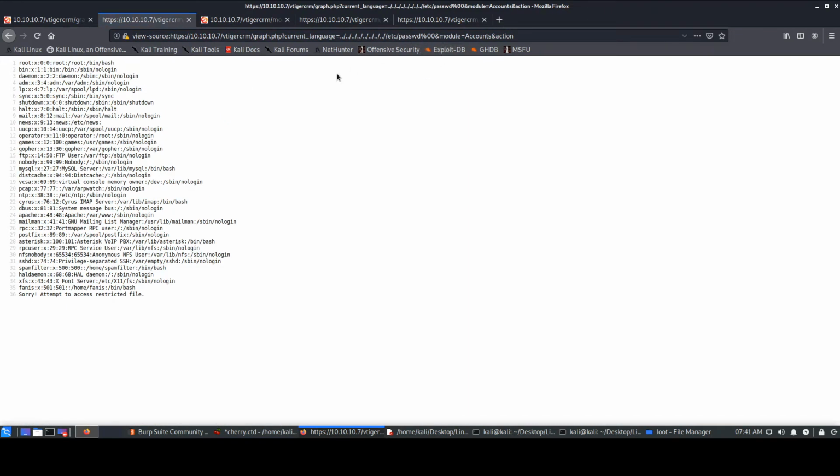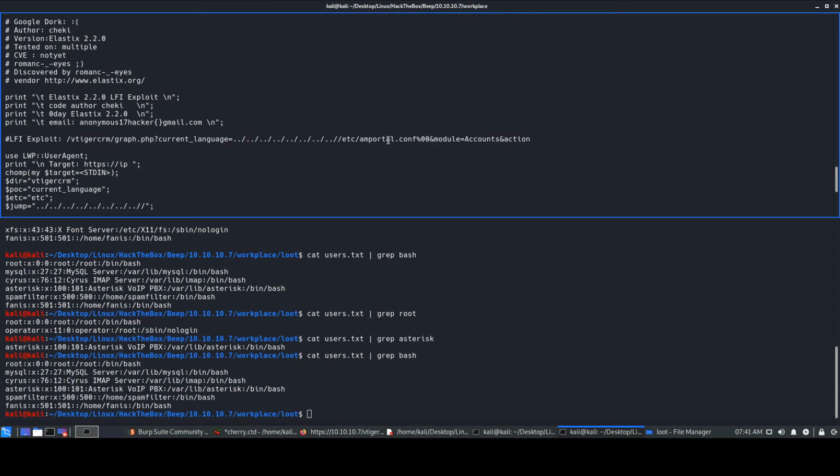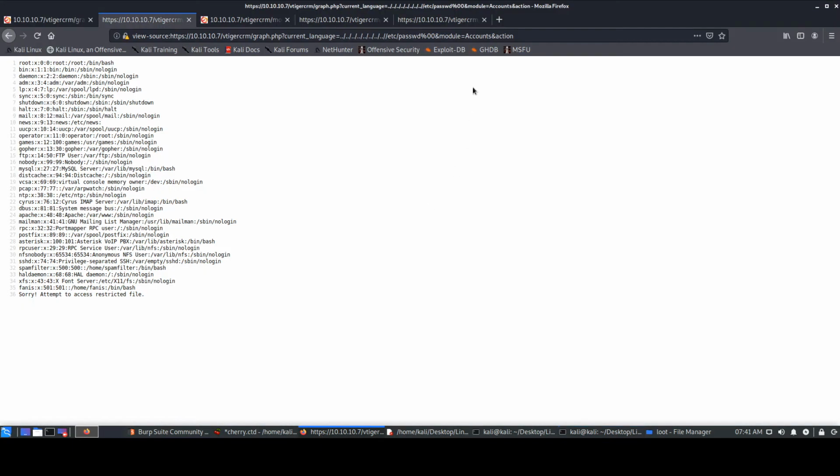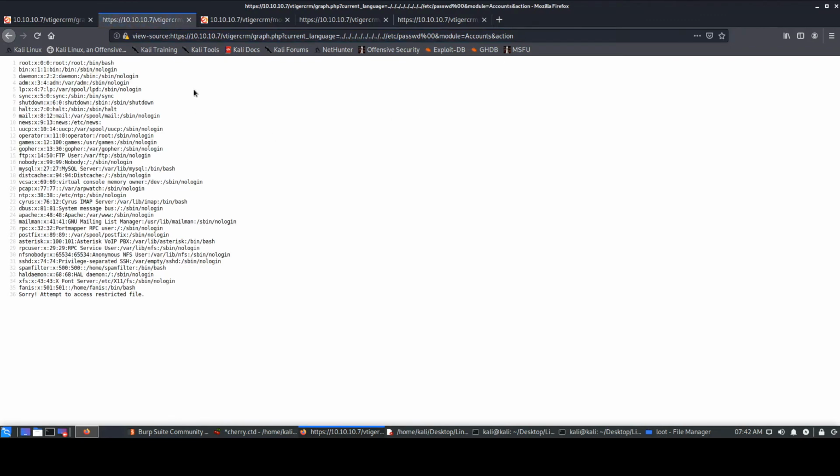Another thing I would like to note and stress: whenever they have mentioned some location and added some more parameters over here, like module and action or something, try not to mess with it and try not to delete it. I'll show you what happens if I remove these parameters. It does not give you an LFI over here. This is what happens if you remove the 0 as well. It does not give you an LFI. So try not to mess with those things. Now if you hit enter, it would actually give you the result. So keep it as it is.